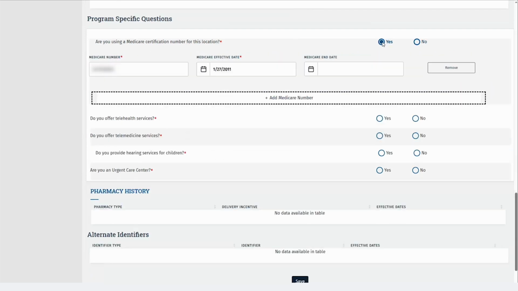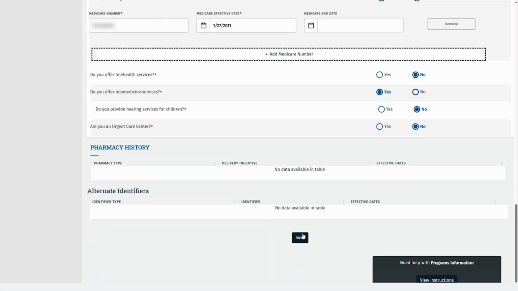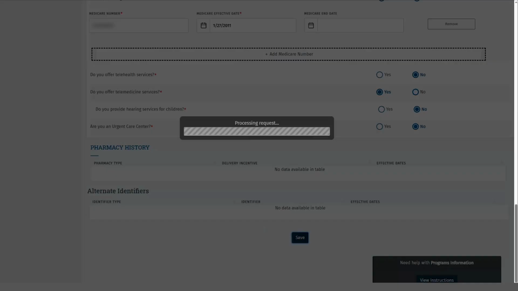For this example, we will use a Medicare number to associate to our program within the practice location that we are revalidating. Scroll down and answer the yes or no questions. You may have a Healthy Texas Women or HTW question, depending on your provider type. If your provider type participates in this program, click Yes to this question. Be sure to add an HTW attestation in the Licenses Certifications Accreditations tab and associate it to your program, as we reviewed when adding our CLIA certificate. If you see this question and you do not wish to participate in HTW, then select No. After all the information within the program has been entered or confirmed, click Save at the bottom to complete that